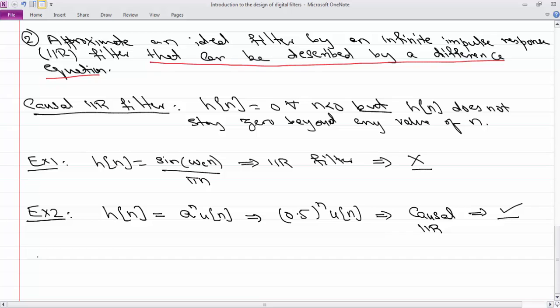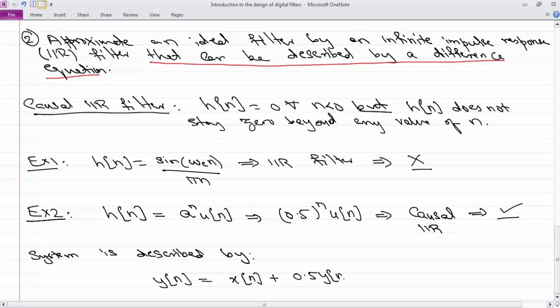I'll say a system is described by the output given by y[n] equal to the current input x[n] plus 0.5 y[n minus 1]. Okay. Now this is a difference equation,